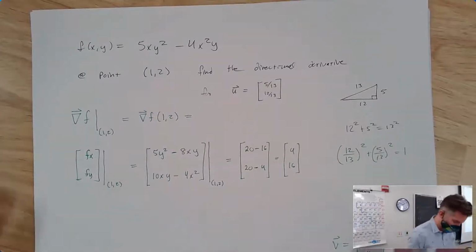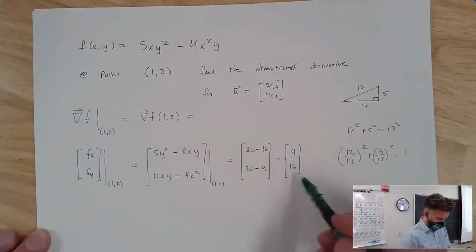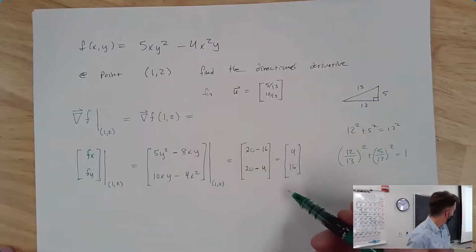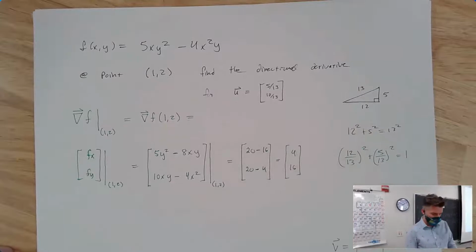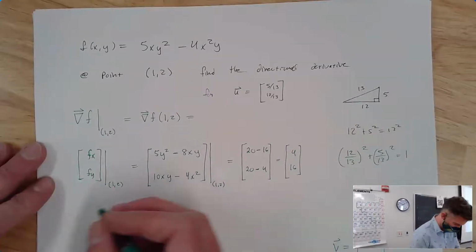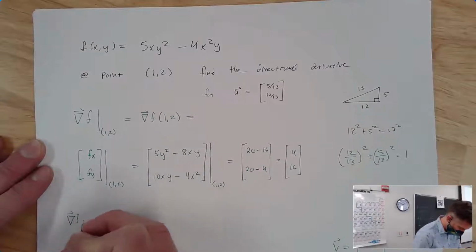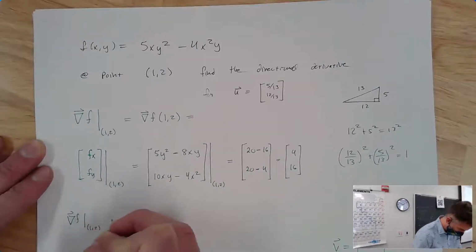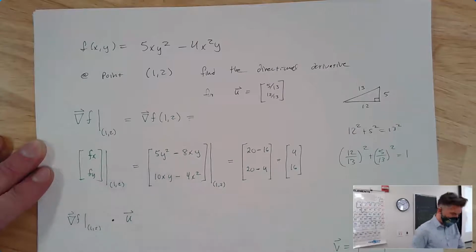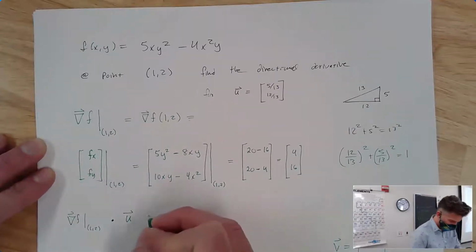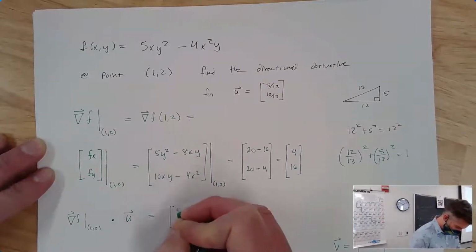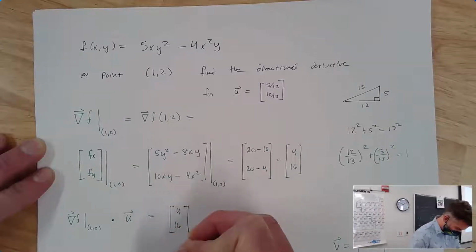All right, so here's my gradient. And well, we'll talk about what this means in a minute. But for now, let's just do the calculation. So to find the directional derivative, I'm going to do the gradient dotted with that unit vector. That's just going to be (4, 16) dotted with